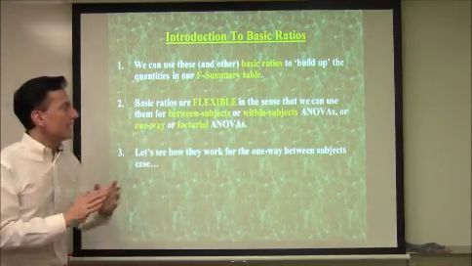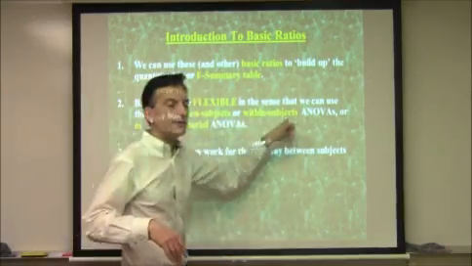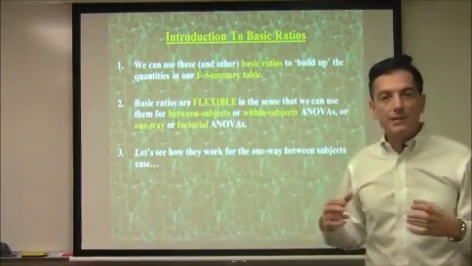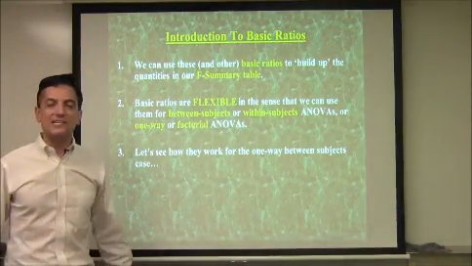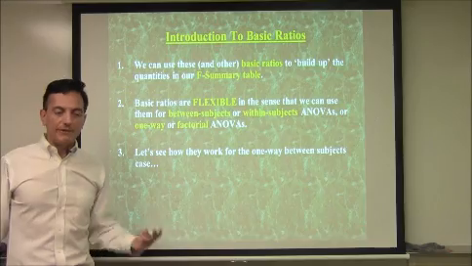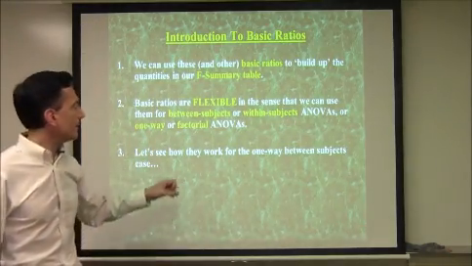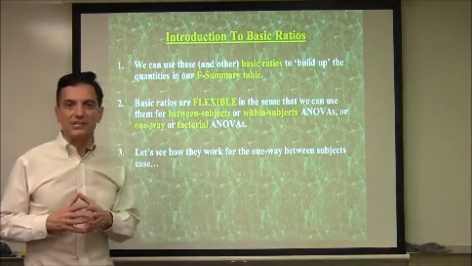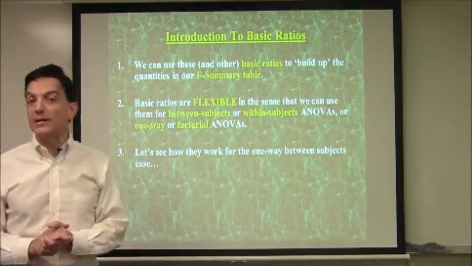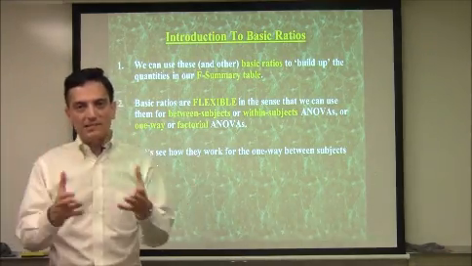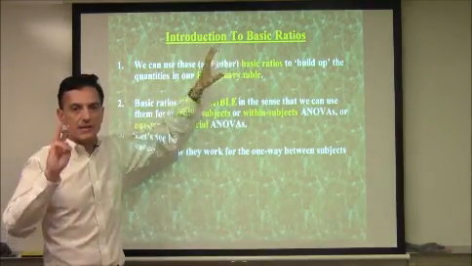These are flexible in the sense that we can use them for between subject analyses like we're doing this week. In future weeks, we might be doing within subject analyses, and we can use basic ratios there again. This week we're talking about a one-way ANOVA, which is to say that we have one independent variable that would have at least 2 levels and most likely more than 2 levels. But in future studies we might be talking about factorial or complex designs which have multiple independent variables, each of which will have at least 2 levels and sometimes many more than 2 levels. All that complexity can be simplified computationally by taking advantage of these basic ratios,